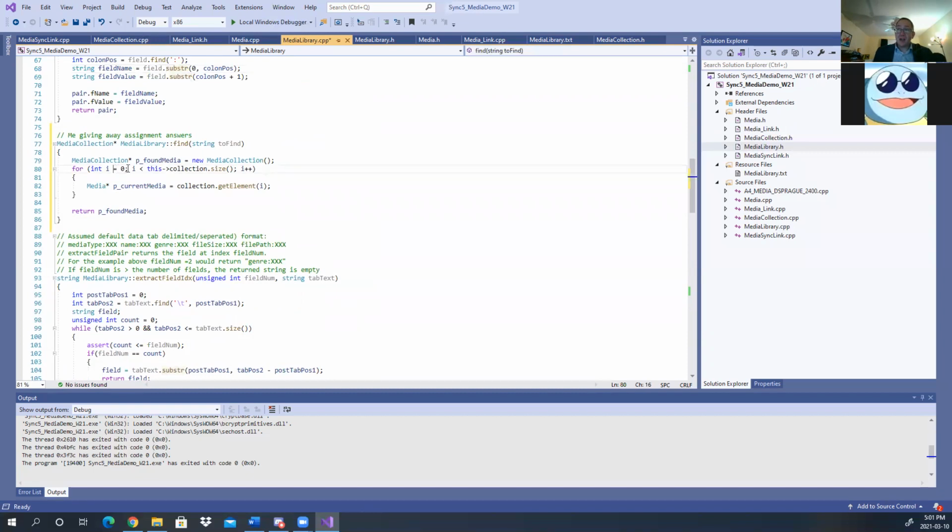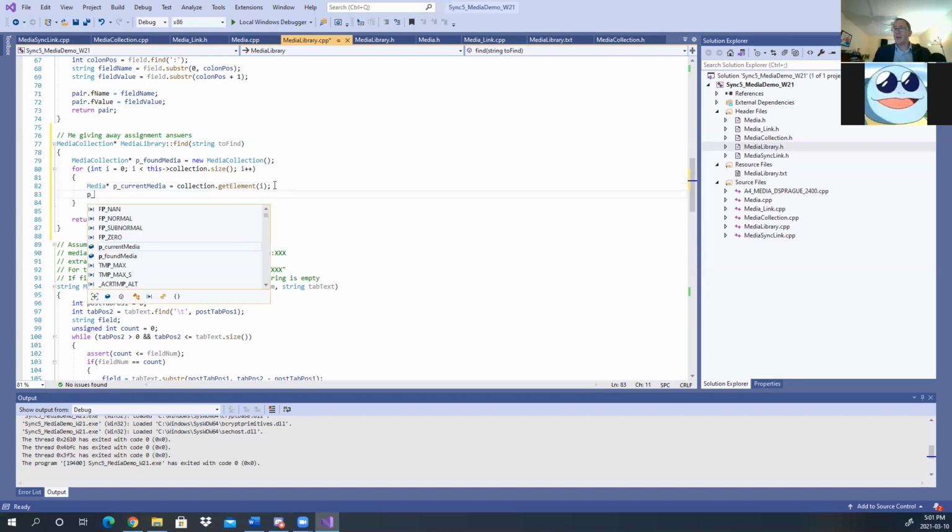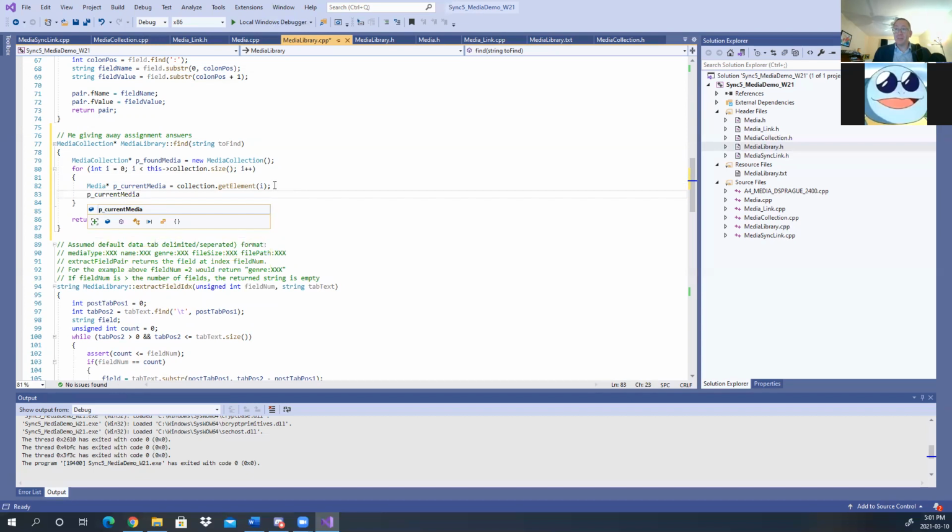Okay. So for each element, 0 up to size, for each element in my collection, I'm going to get the element from the media collection. I am then going to add it. If then I need to check to see if this text to find is in that particular media item. Okay, so I can say something like p current media. It's a pointer, so I need to use this arrow thingy, and I'm going to say find,